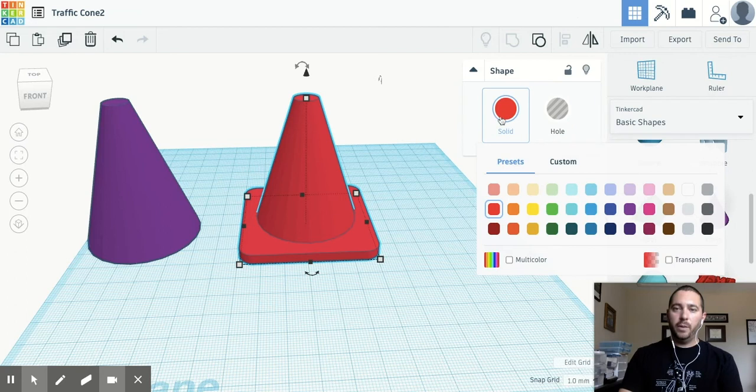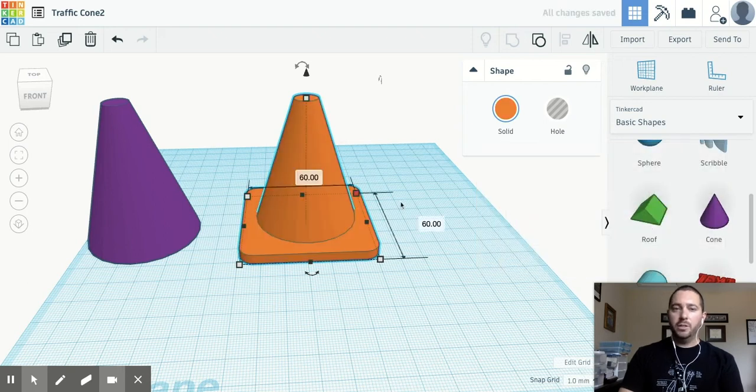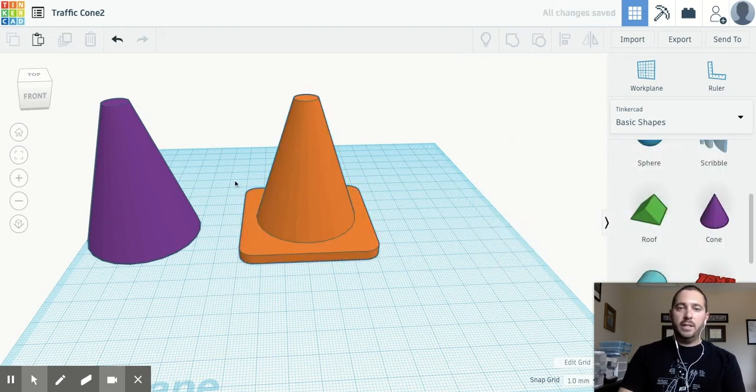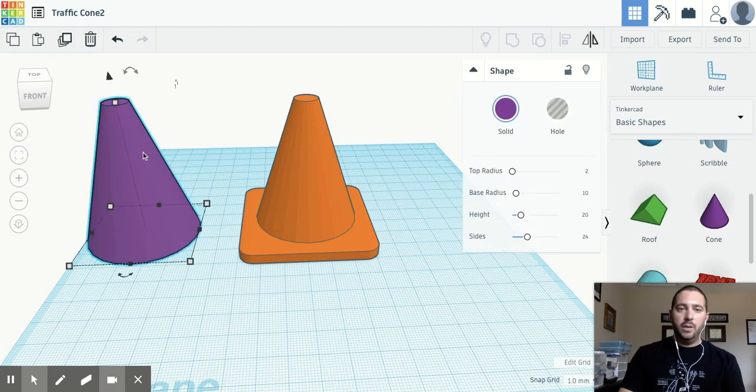So if you click on where it says solid, it gives you some colors. Now you can go into custom or multicolor or a gradient. There's a lot of different colors that you can do. We're just going to pick the orange that's here and make it orange. All right, the last thing is now we're just going to use this cone here to cut out the inside